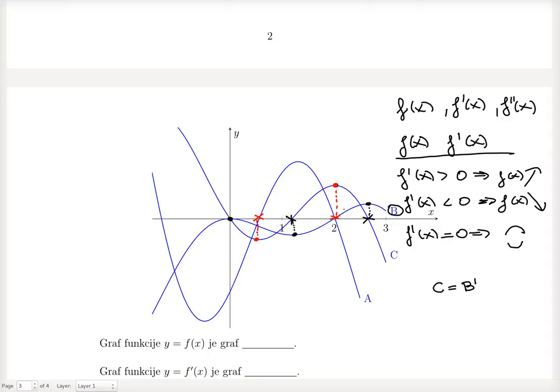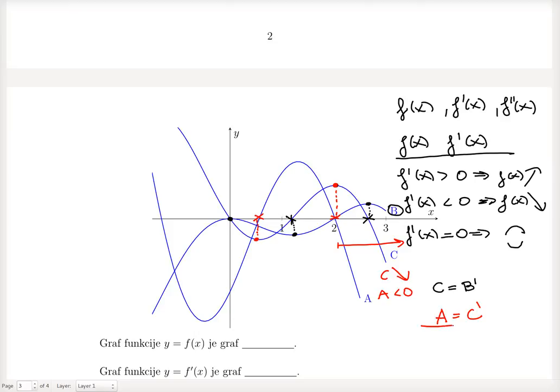And also take a look at the increasing and decreasing part, if this figures out. So here on this interval, the function C decreases and A is negative. So C is decreasing and A is negative. This is consistent with the fact that A is C prime. Okay,